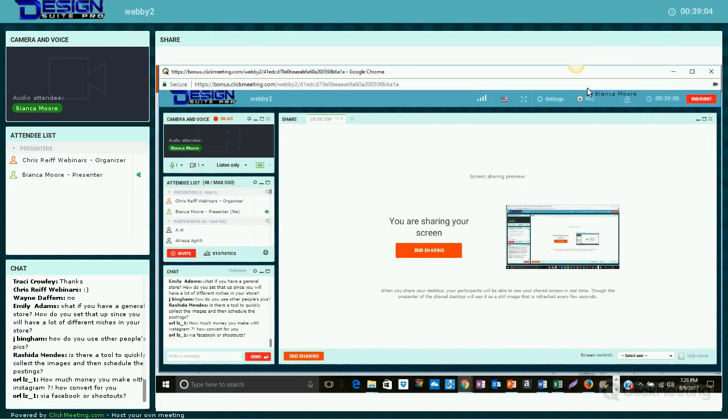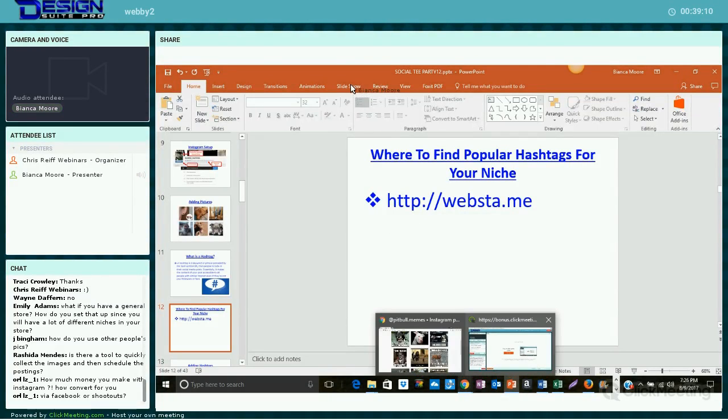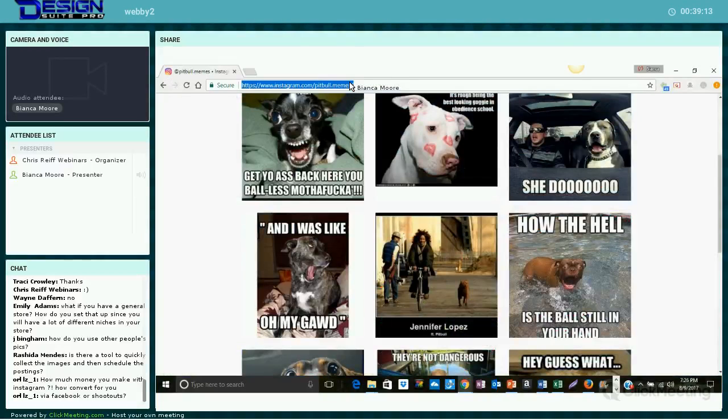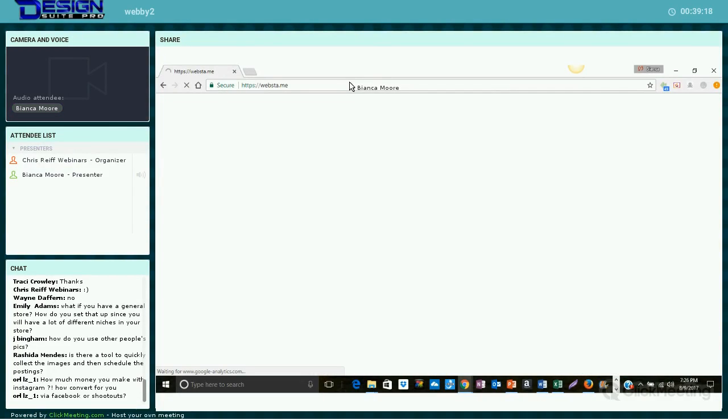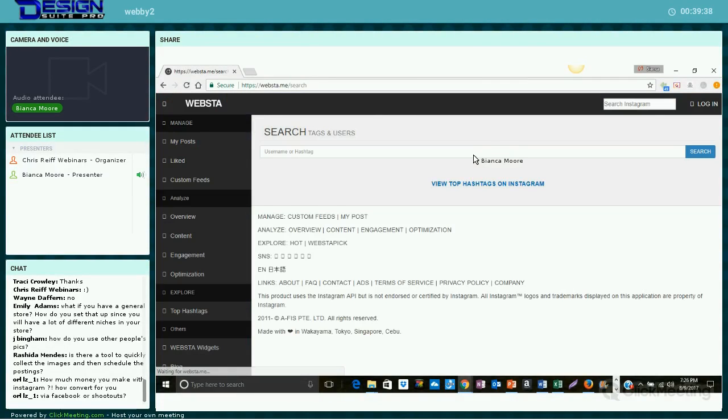All right, so let me go to websta.me. There we go. All right, now it's free to sign up for websta.me. This is where I get all the popular hashtags for my pictures on Instagram. You click on search, and you can do this without signing up for websta.me. And you type in your niche in the search bar. So we'll type in pit bulls,